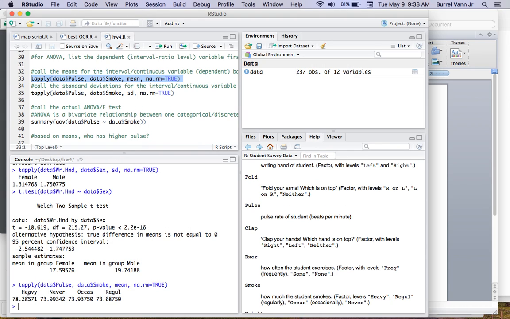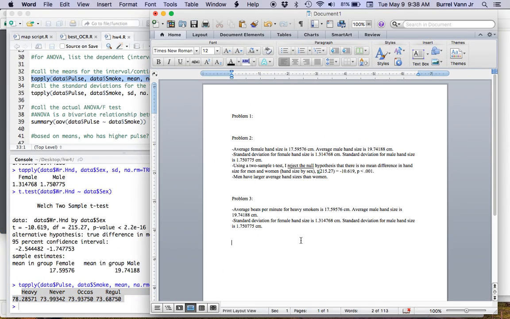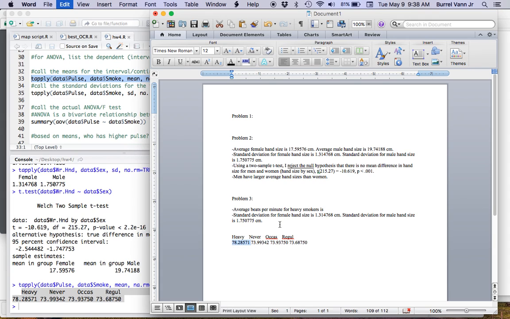I'll just copy this. Copy all of this over. That way I can just paste it in. Yes, 78.2 BPM